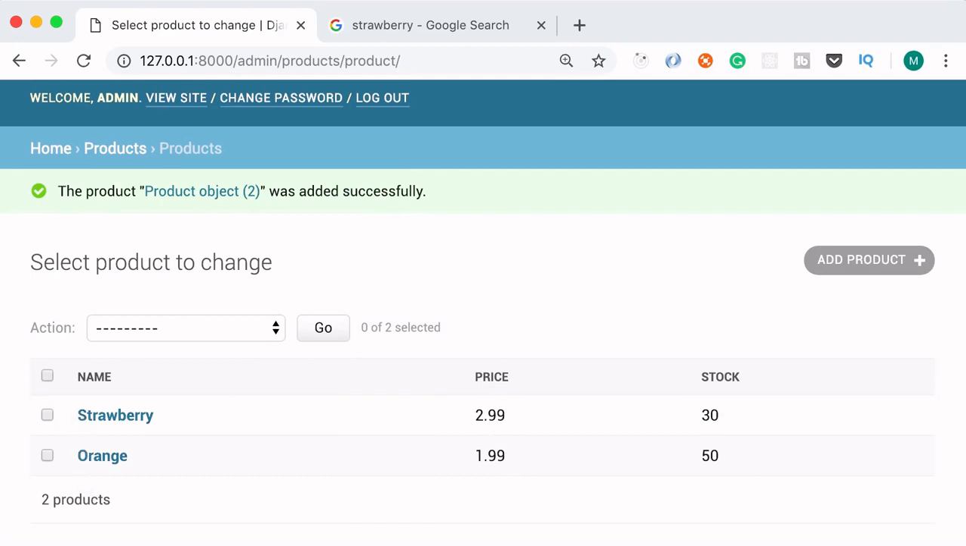Now here's what I want you to do. I want you to pause the video and add a few more products to our database, somewhere around 5 to 10. In the next tutorial, I'm going to show you how to display these products to the public users of our website, because this admin panel is only visible to admins. So anonymous users or other registered users are not going to have access to this panel. Instead, they're going to go to